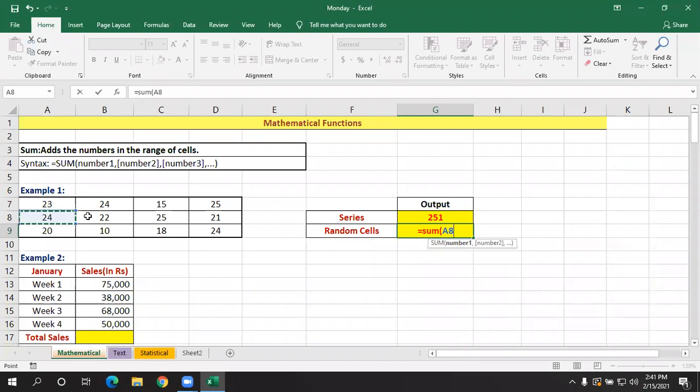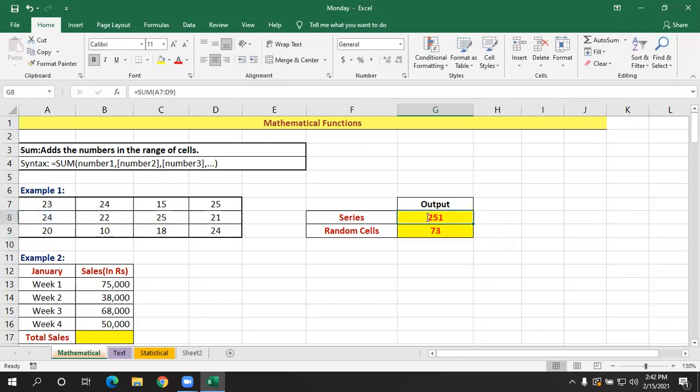I cannot select it as a range because it's not a series. So specify a cell address, give comma, select the next cell, comma, select the other cell, then close the parenthesis and press enter.